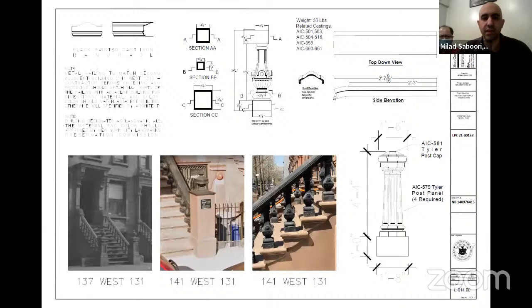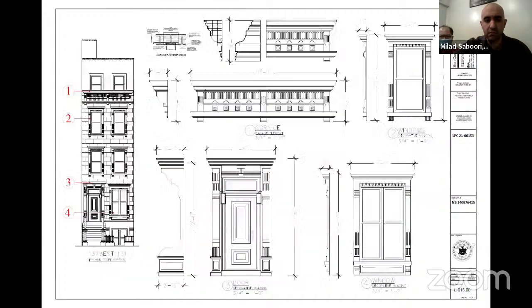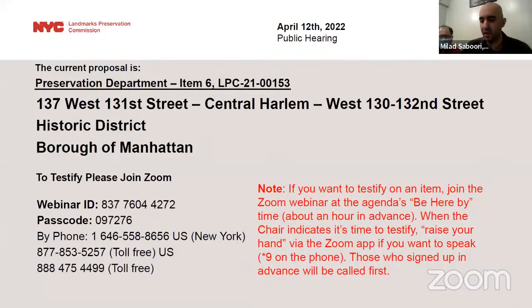These are some important elements for the facade: newel post and railing, and the cornice and molding, stucco molding, and it will be the cornice in the top. And this is almost what we have, and I will hand over the meeting to you guys if you have